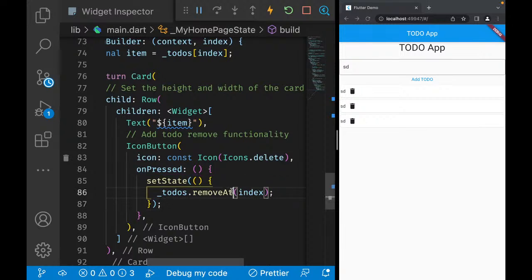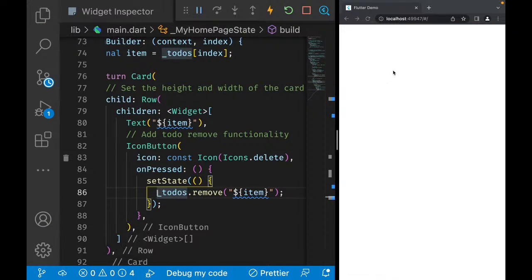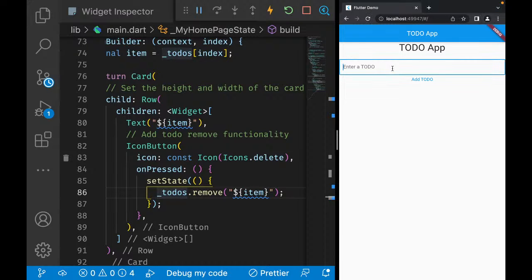If I could just add todos dot remove, and if I could just go ahead and add the item, maybe that would work. I have no idea. So if I just add like ASD and ASDF, click on ASDF, okay, that works. But see, if now that's actually a bug, because if I do that, oh wait a second, no, that actually works. So if I create a bunch of these ASDFs,